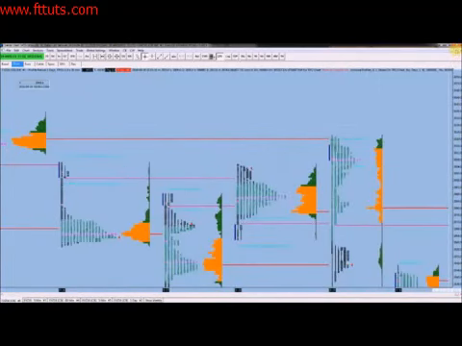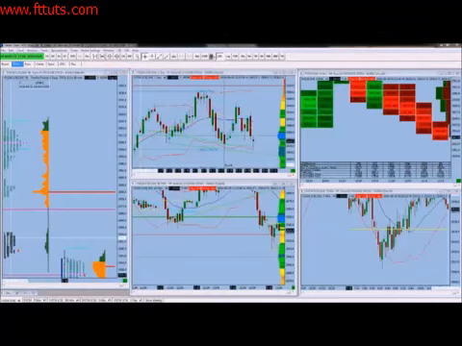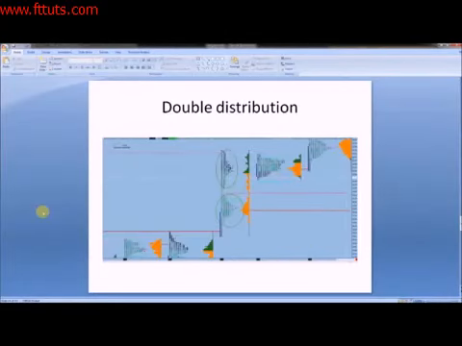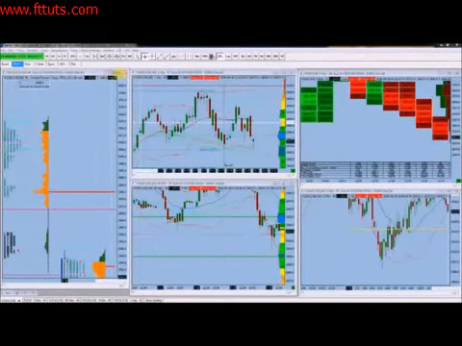What we do happen to see a bit more often than a pure trend day is a double distribution day, both in terms of volume and in terms of profile. The market looks as if it's developing and turning into a balance, but then something happens, we shift out of balance, and then we find new balance. You can also get triple distribution trend days. So in terms of some of these areas here,